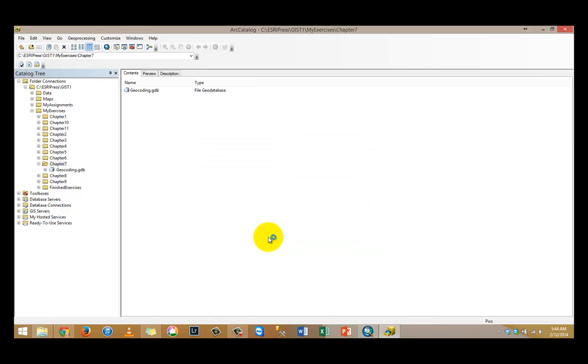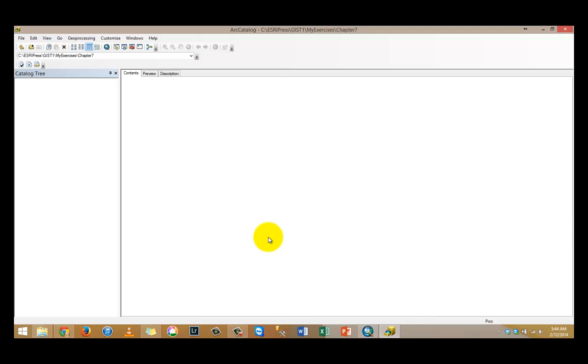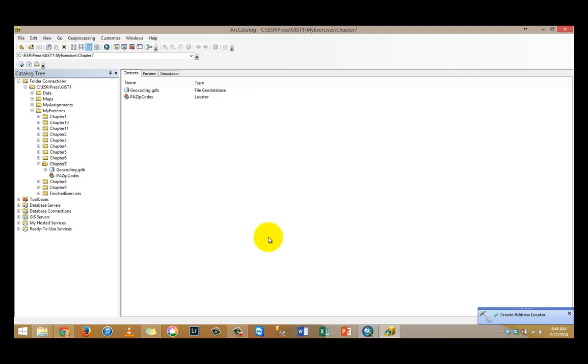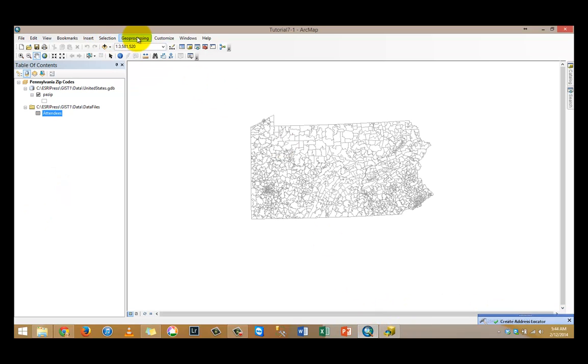So the address locator will be created. We are essentially saying we are creating an address locator for just a 5-digit zip code, and now my address locator is complete. So I'm going to go back to my map,